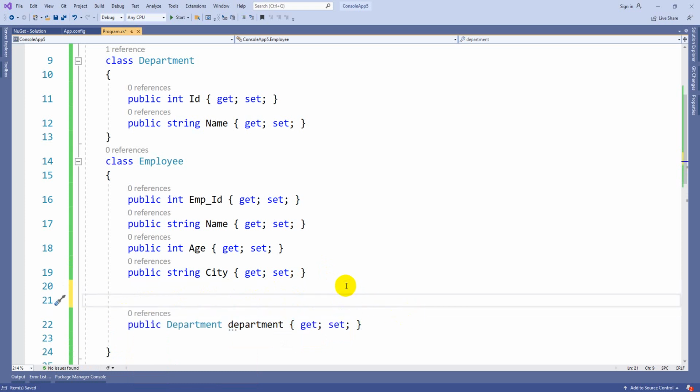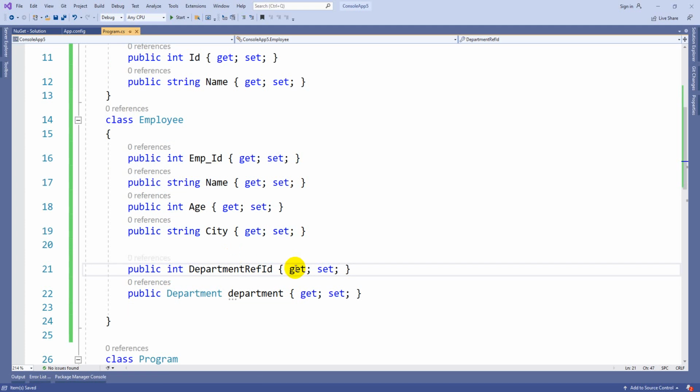To establish the foreign key, you should write public. The type will always be an integer, so that the reference constraint also is of integer type. So here I am going to write DepartmentReferenceId. This is the primary key, foreign key column. Here you need to write get set.